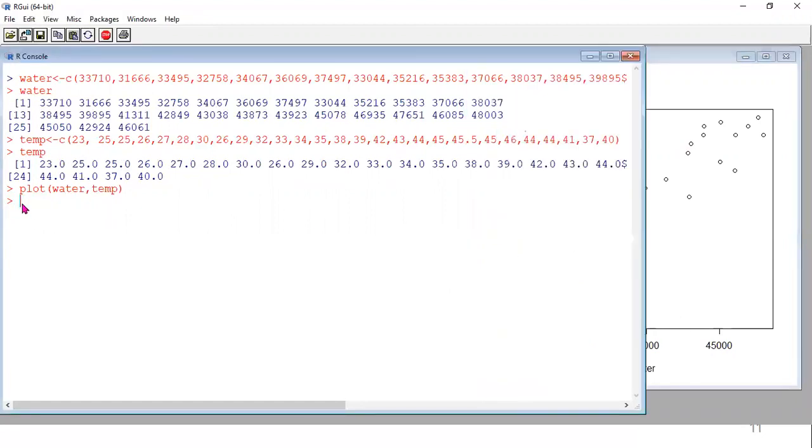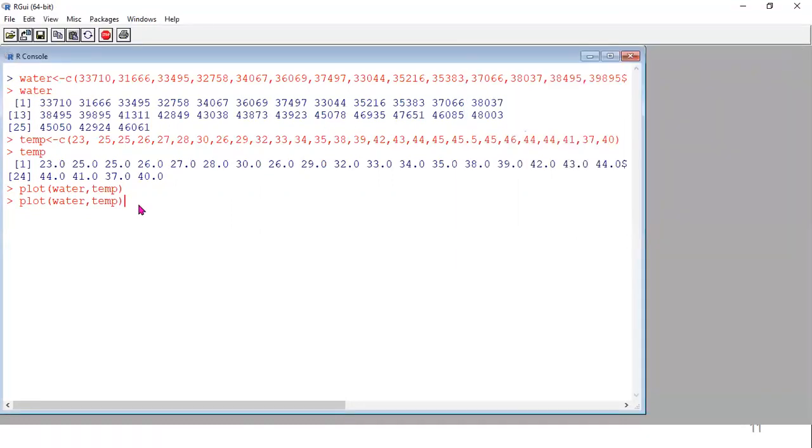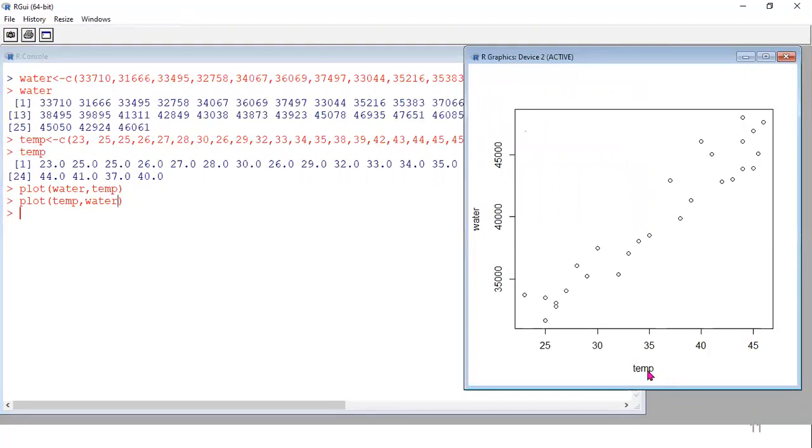Whenever you interchange the two data vectors, automatically x and y axis values also interchange. If we take temperature, then water, now you can see x axis contains temperature, y axis contains water.